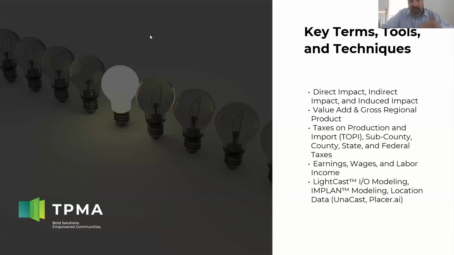The induced impact is one step below that. This is what happens when the employees from the direct industry, the semiconductor factory, and all its suppliers take those paychecks. They go out to eat in the community. They go to shows. They buy houses. They go to the racetrack. They buy shoes and books and services, all within that community as they spend their dollars. So again, that's an important impact as well. It's the induced impact of folks in the direct and indirect earnings categories spending their money in the community.